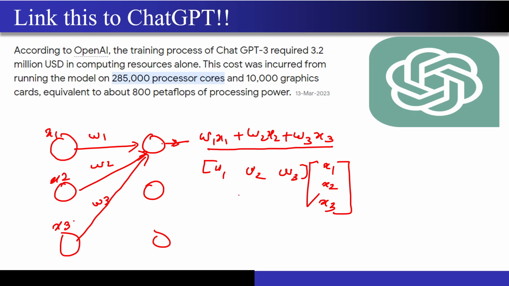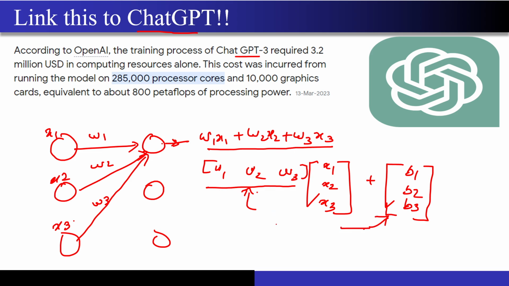And now what is happening in ChatGPT is that this particular model, ChatGPT-3, has so many parameters built into it. What do I mean by parameters? These are the weights that I'm talking about. There are some biases also that are present. I don't want to make it very complicated because I'm not supposed to teach neural networks over here, but I just want to tell you these weights and these biases that you're seeing over here constitute the parameters of the neural network, correct?